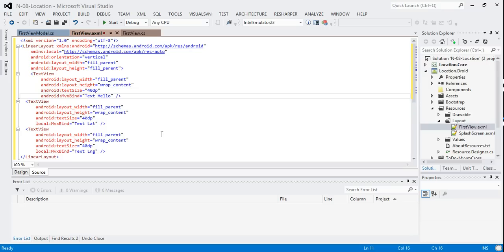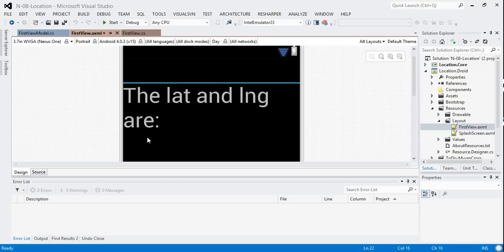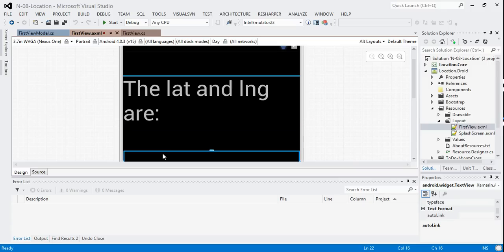So we'll just say Android:text equals long R. So that will give us 3 lines of text. Hopefully we can see that in designer. You'll have that, then you'll have the lat, then you'll have the long, and then there's one more